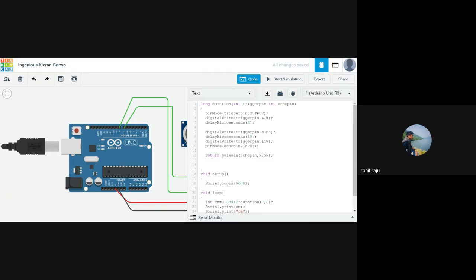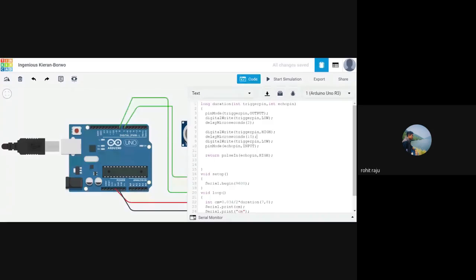And now we need to start our experiment. To do that, we need to send a signal from the transmitter. So we need to put this as high. So digital write trigger pin is 7, and we need to put it to high because we need to start sending some signal, and we need to send the signal for a couple of microseconds. So that's why we used the delay microseconds function again for 10 microseconds.